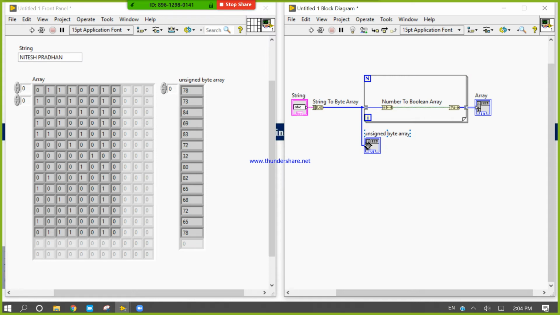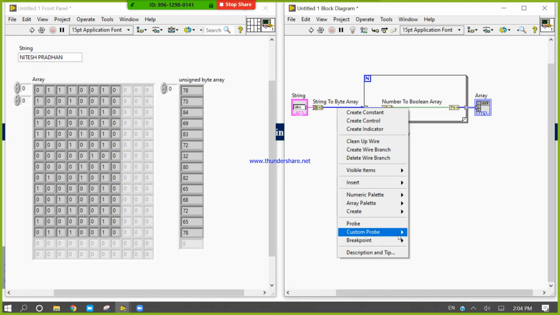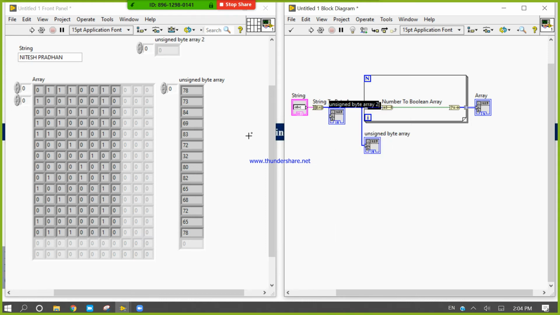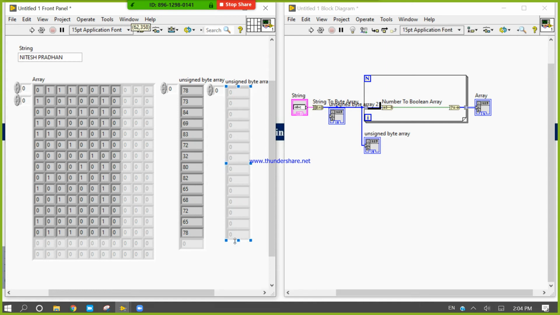Okay, now I will again right click here. I will again click in the indicators and look at one another magic. After this, you will definitely be angry with me. Sir, why are you wasting our time if we can design such a thing in a very simple manner? Okay, here we can see. Now look at here carefully.